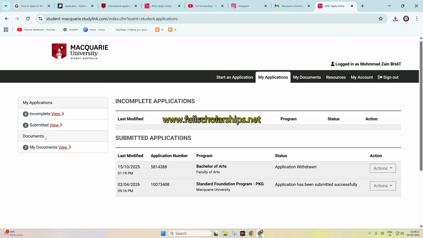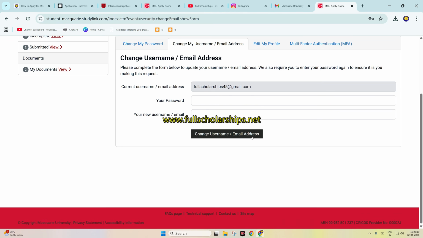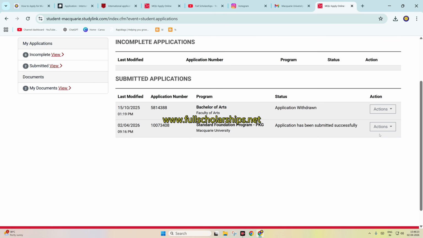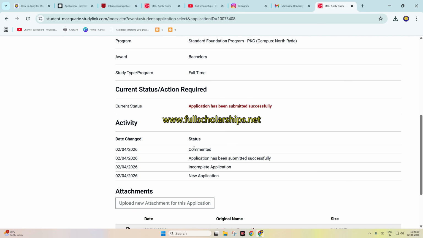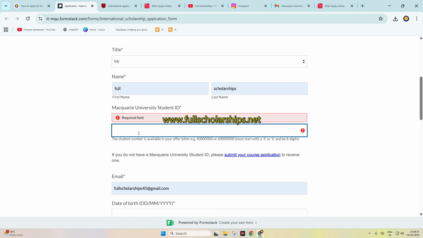Let me go to my documents or my resources and my account. So you might receive a student ID. View activity here. So student ID will be sent to you. As of now, we'll just copy this reference number, but student ID you have to